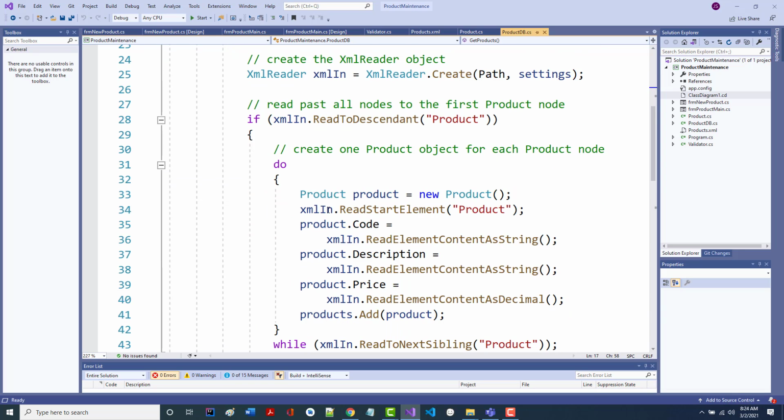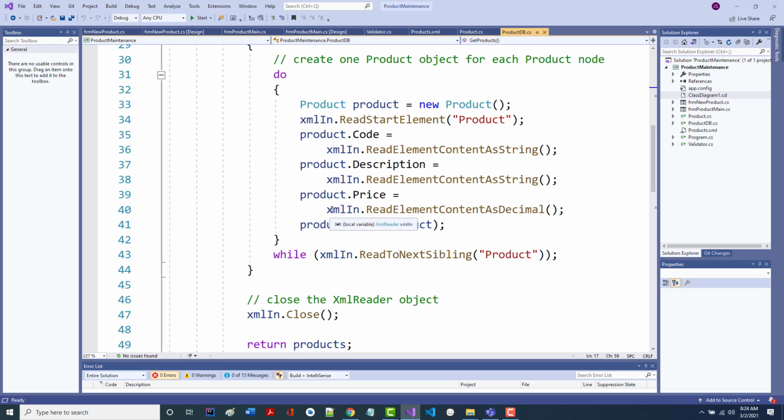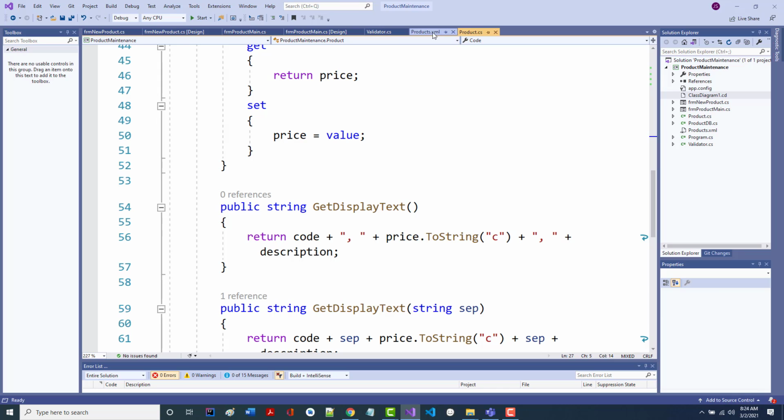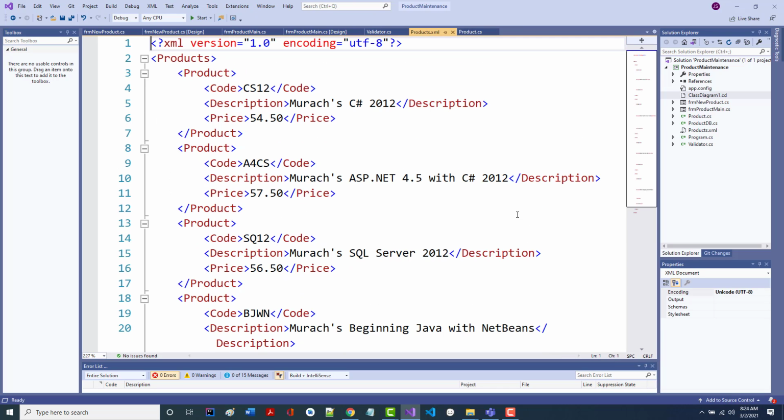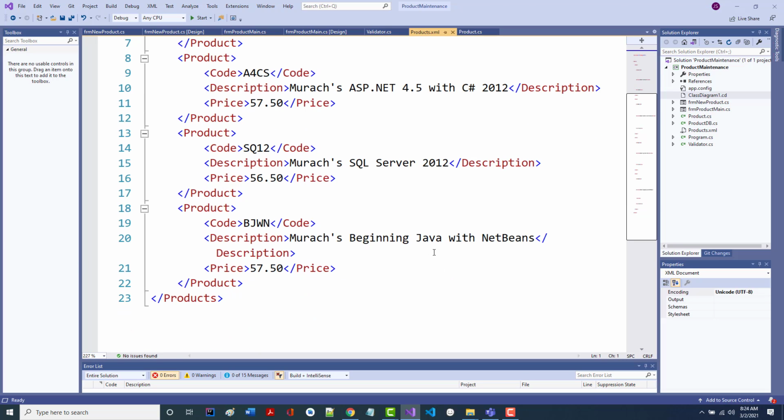The rest of the stuff, I don't want to go through with you because it probably would confuse the heck out of you. But it's using XML, which is the extensible markup language. What does that mean? Well, it's easier to show you what XML is. What that is right there, that's what you see when you first open up the program. That's the stuff that is populating that list box. So you'll notice a code, a description, a price, a code, etc. That is the stuff that's in there. And if I would have brought it up just a couple minutes ago, it probably would have had the new things that were in there also.